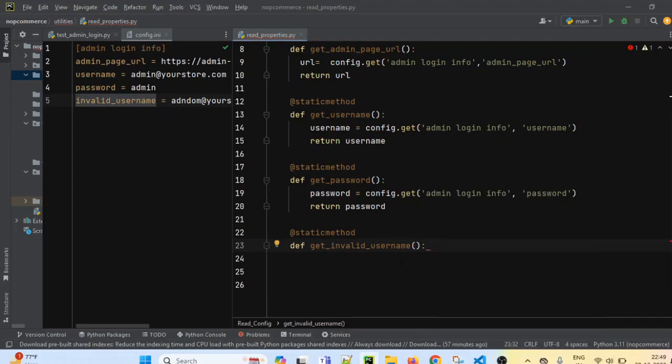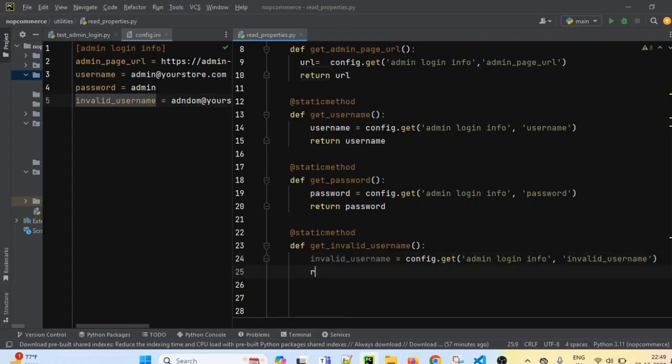Again, we will use one variable, let's say invalid_username equals to config.get, section name and this invalid username, and it should return invalid_username. Whenever we call this get_invalid_username method, it will return the invalid username value from this config.ini file.